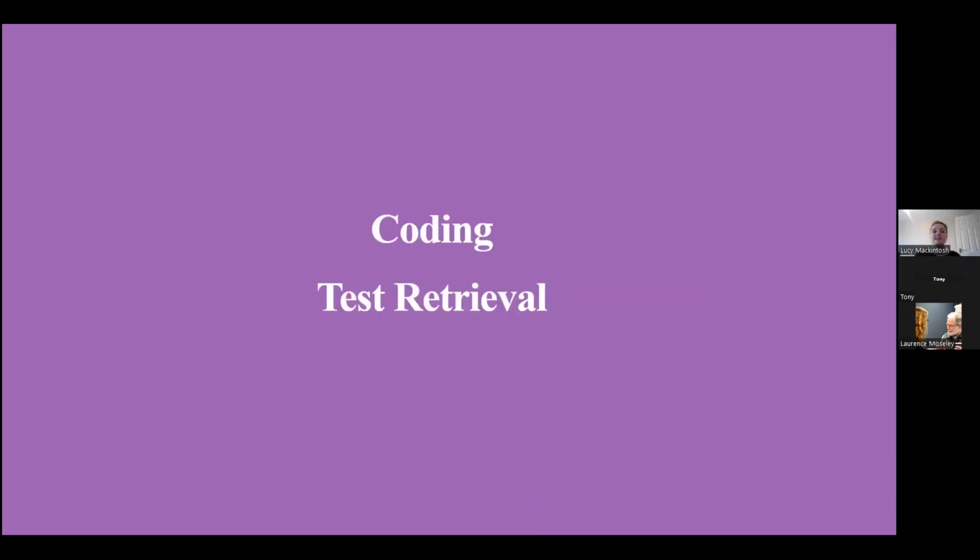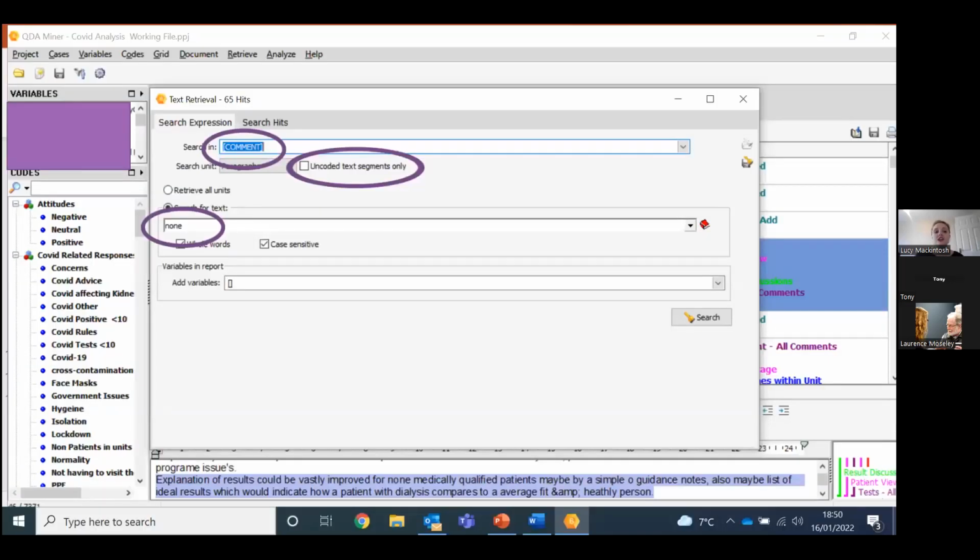So for me, with 7,000 comments, it was difficult to imagine where to start with coding. Normally a qualitative data set has around 10 transcripts, or you're looking at around 50 comments. So 7,000 was a huge number. And so QDA Miner has the functionality to retrieve text. Here you can see, you go analyze, text retrieval, you can select the question in which you want to retrieve, whether it's coded, and then you simply type in the word you want to retrieve.